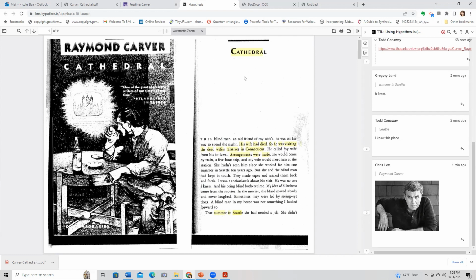I had to do it. Every time I use it, I have to reauthorize it for a course. And so it's something that you have to do. But